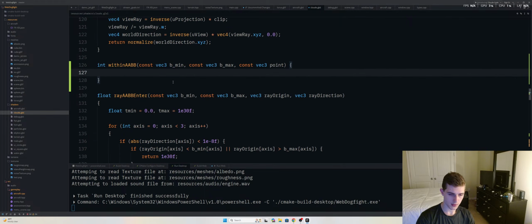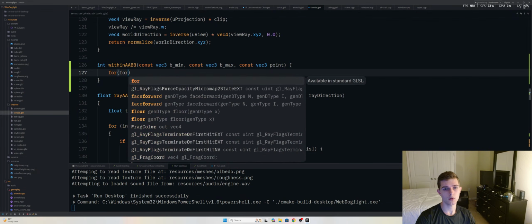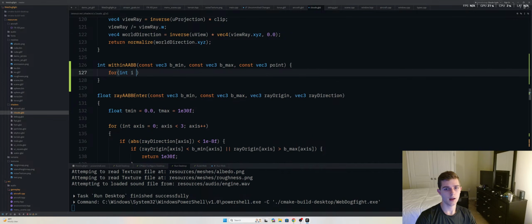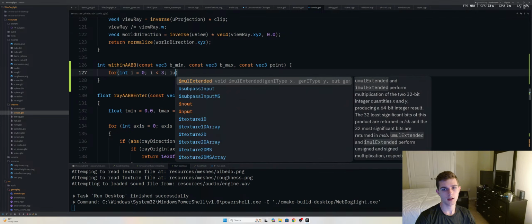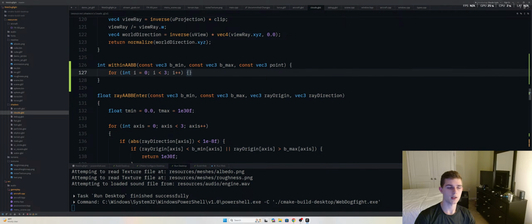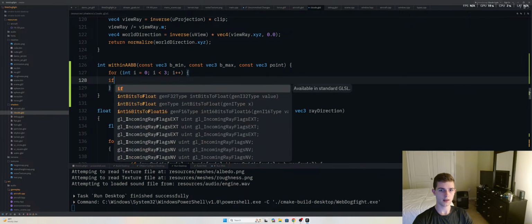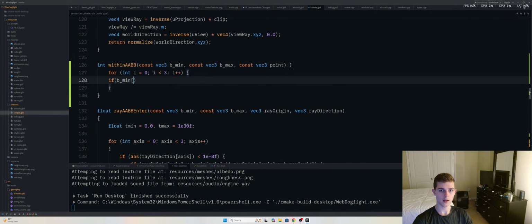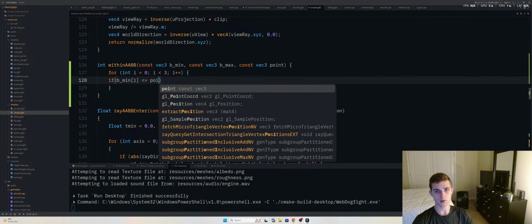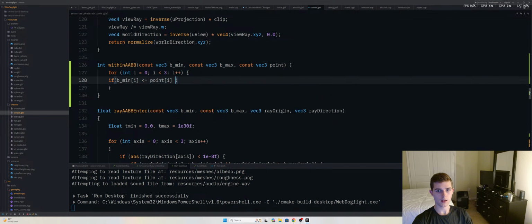Yeah, so then what is it? Oh, what's the algorithm? If the x position is okay. If b min, this is the easy way to do this. For int i equals 0, i is less than 3, i plus plus. You can do this in GLSL, and it makes working with vectors a lot easier. You can say if b min i is less than or equal to point i, and